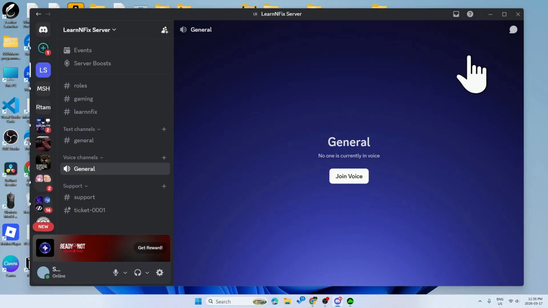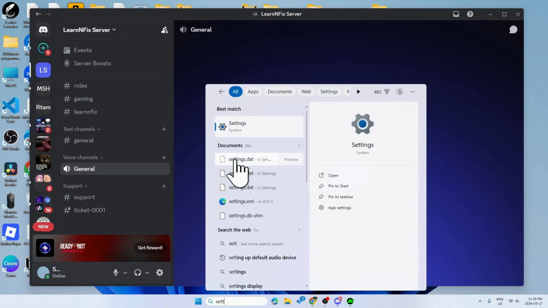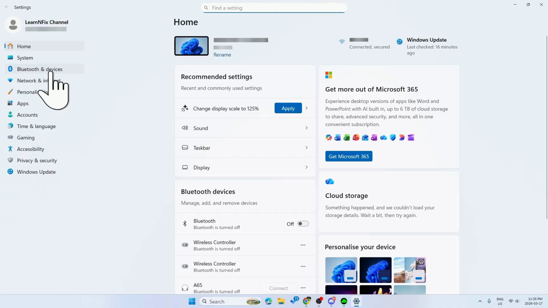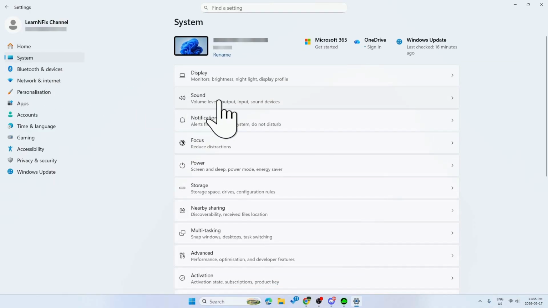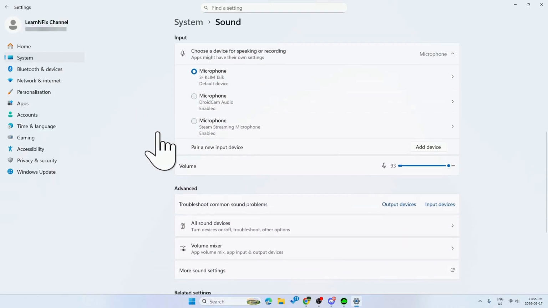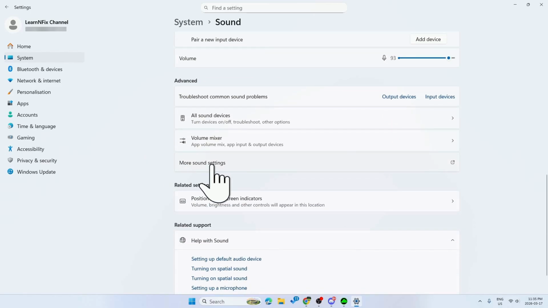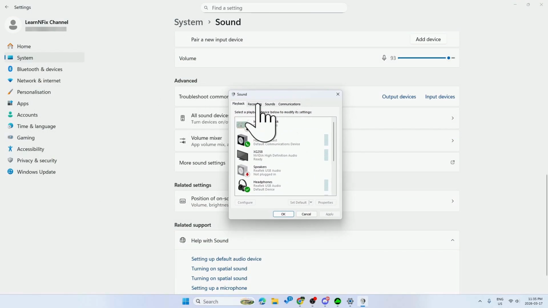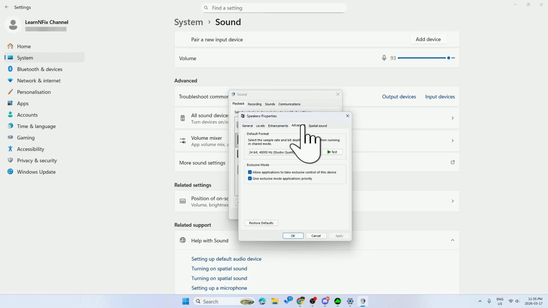Then you can close this, go to Settings on your computer, then click on System, click on Sound, then scroll down, click More Sound Settings. Then at the playback, find your speakers or your headphones, and then double click on it, go to Advanced, and